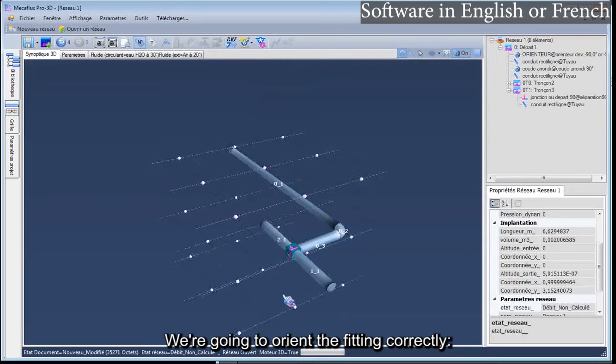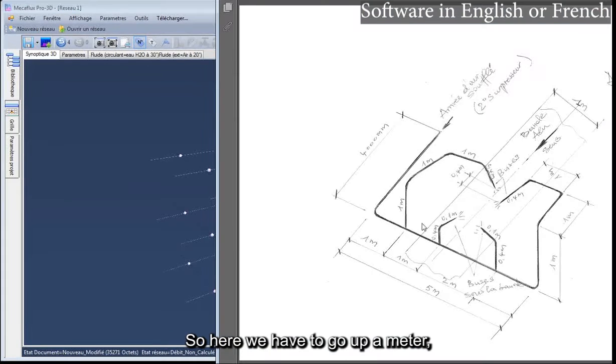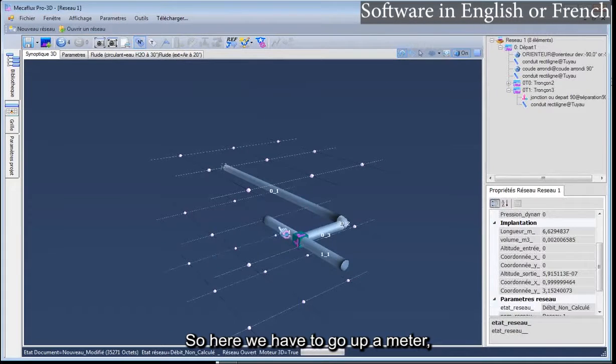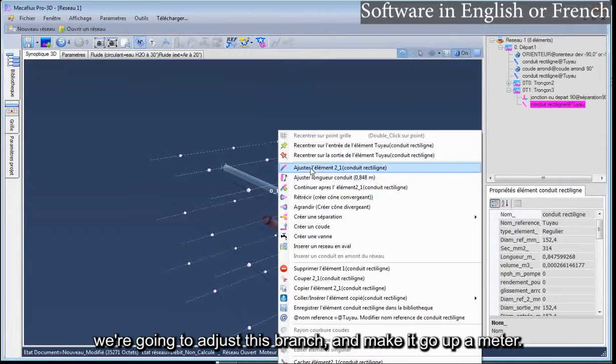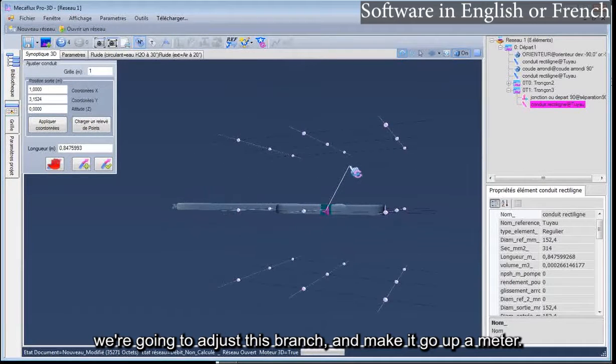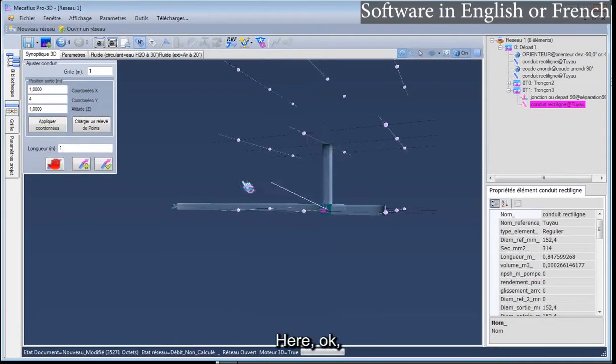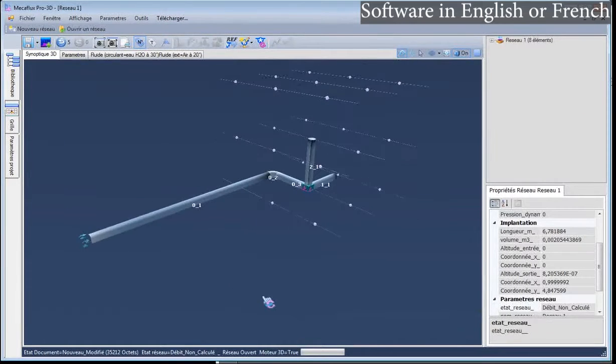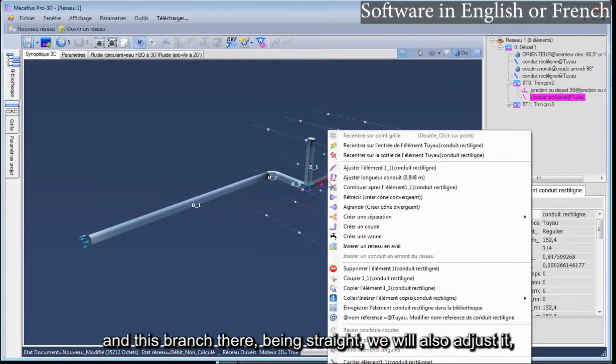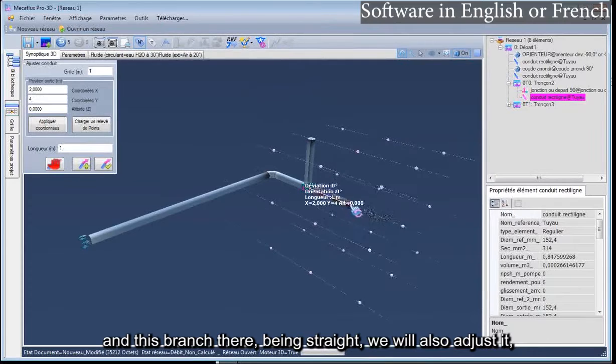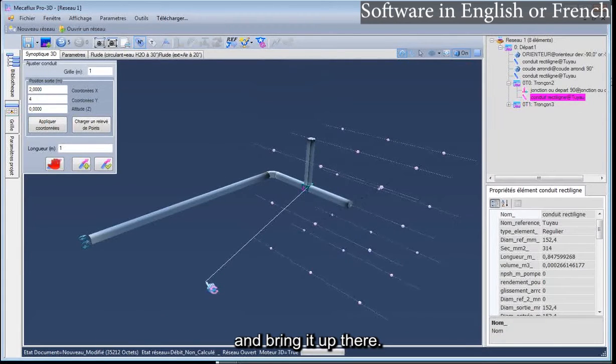We are going to orient the fitting correctly. So here we have to go up a meter. We are going to adjust this branch and make it go up a meter. Here, OK. And this branch there, being straight, we will also adjust it and bring it up there.